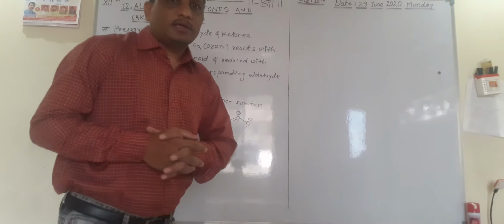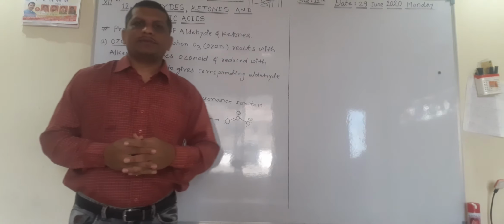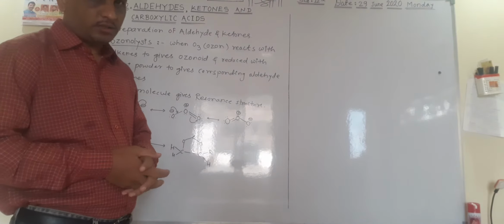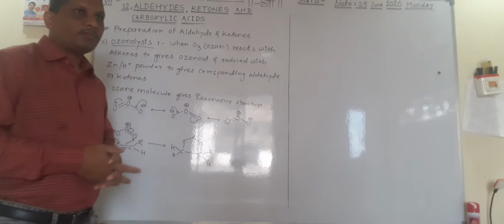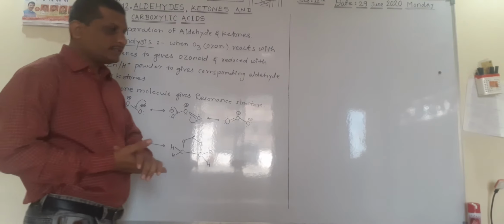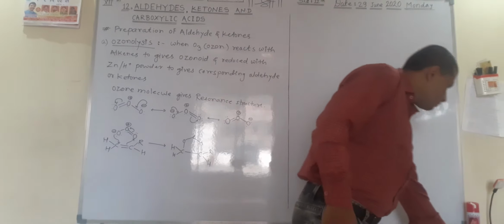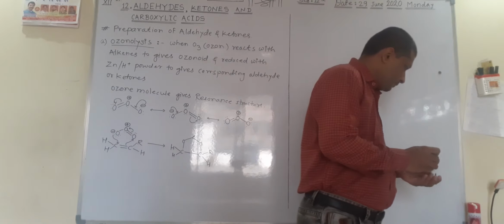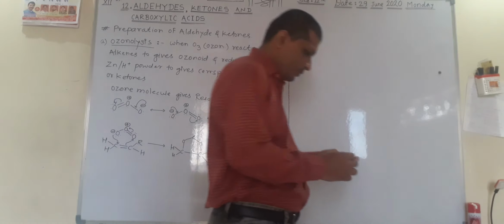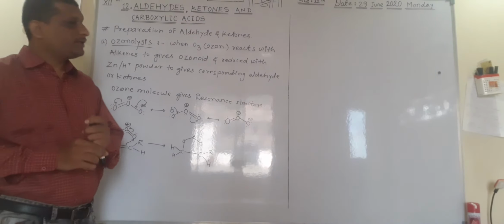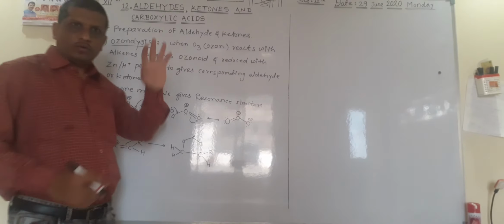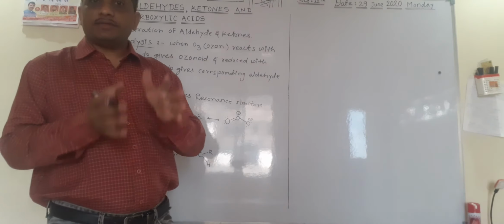Hello friends, in the previous lecture we saw the preparation of aldehydes and ketones by oxidation and dehydrogenation methods. Now today we will see the preparation of aldehydes and ketones by ozonolysis. In this method, when an ozone molecule, O3, reacts with any alkene